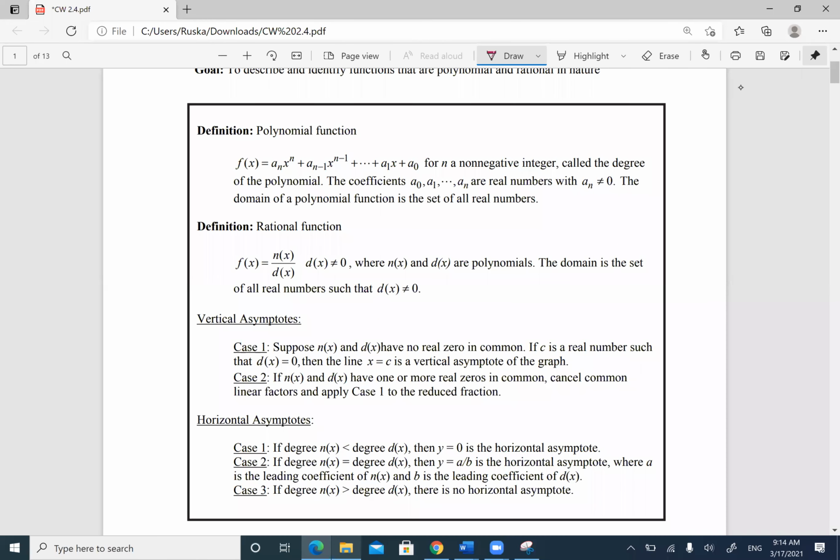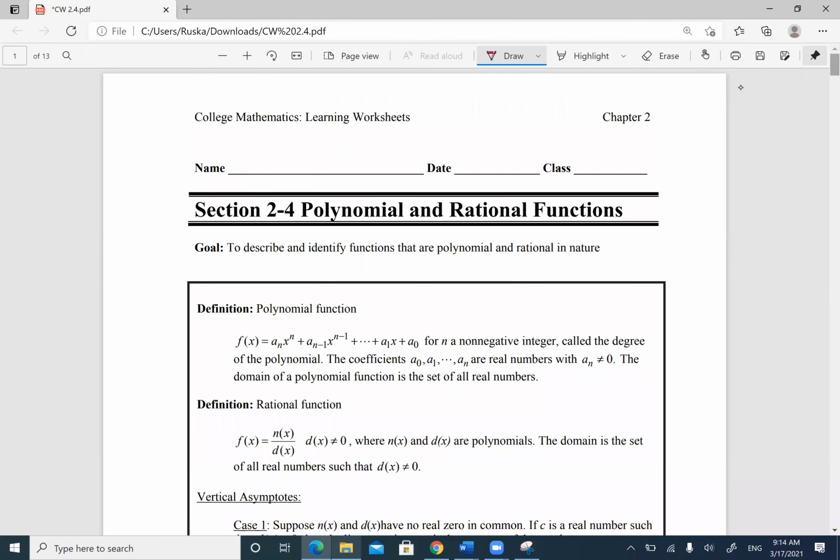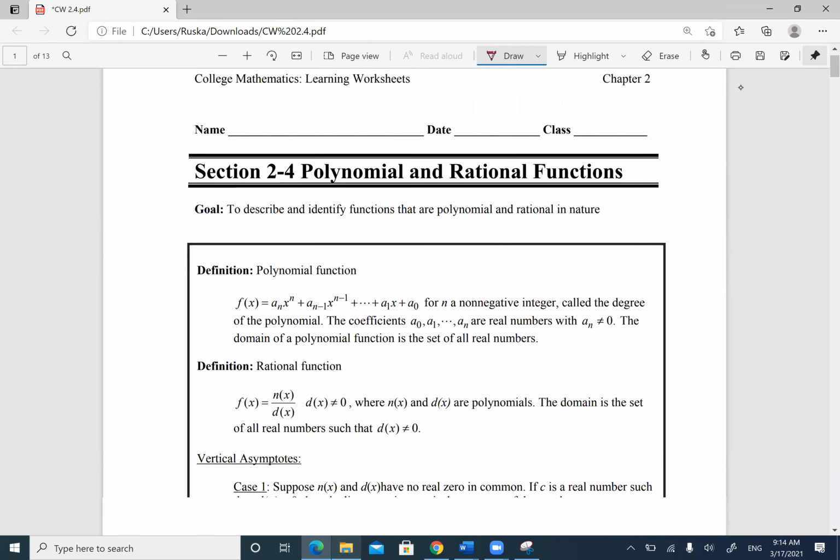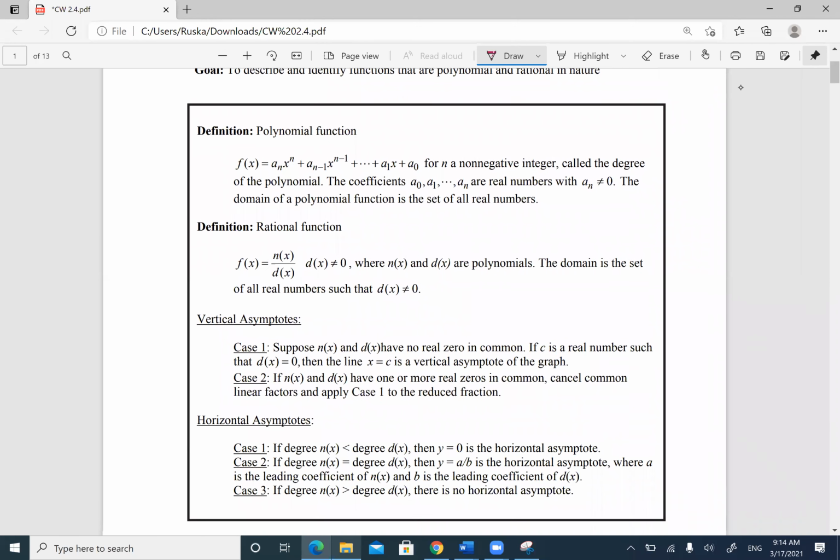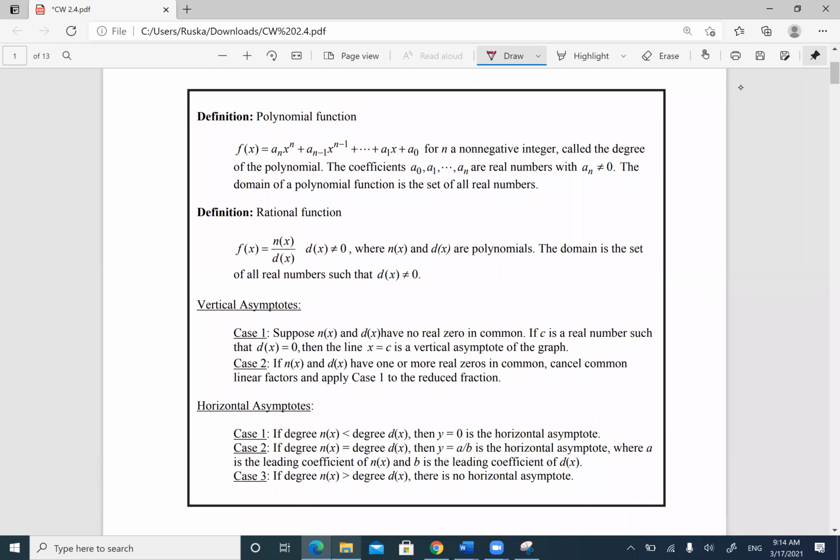Okay, so today we're going over section 2.4, which is polynomial and rational functions. We're going to go over the basics about polynomial and rational functions. So a polynomial function is a function